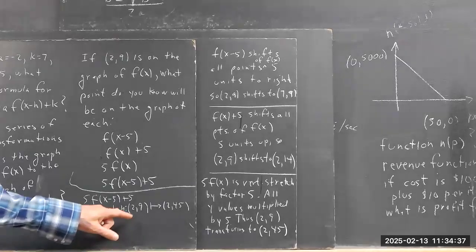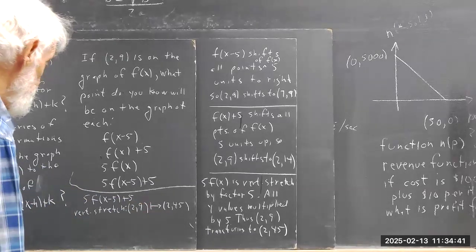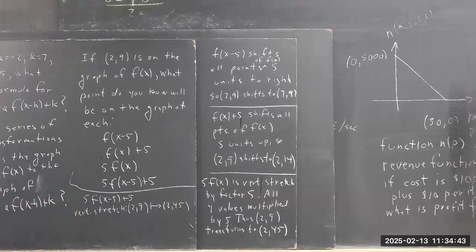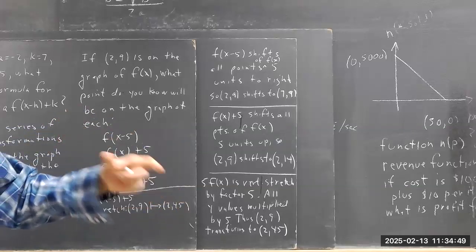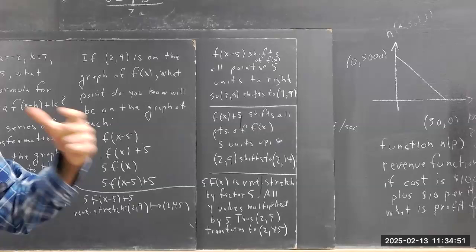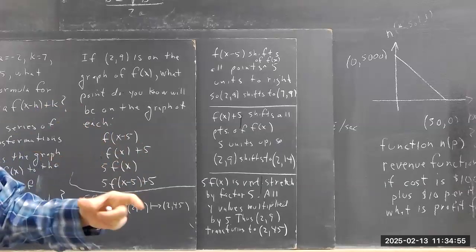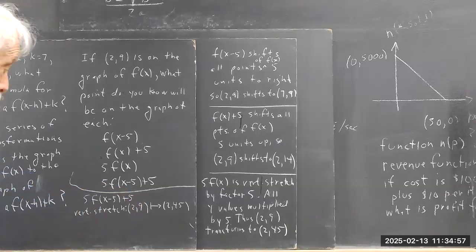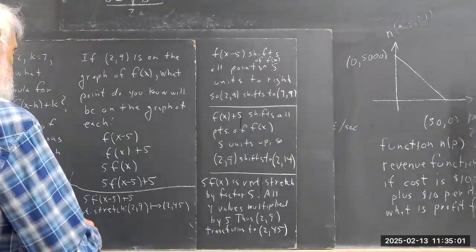Your vertical stretch takes you from 2.9 to 2.45, right? Because again, vertical stretch first. Now, if there's a reflection, you can do it before or after the vertical stretch, but you have to do any reflection and stretch before you do any of the shifts. Number one. Okay, then